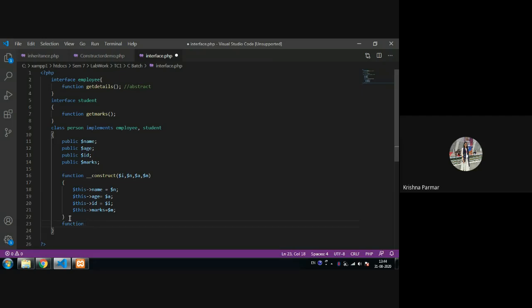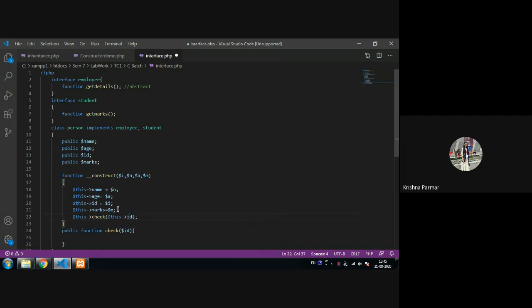Here public, it is a good habit to give the access specifier. It is for checking the ID, so I'm providing the ID to it. Whenever the constructor is called, at that time I will call this function, so I don't have to call it explicitly, and I'm passing this ID also.